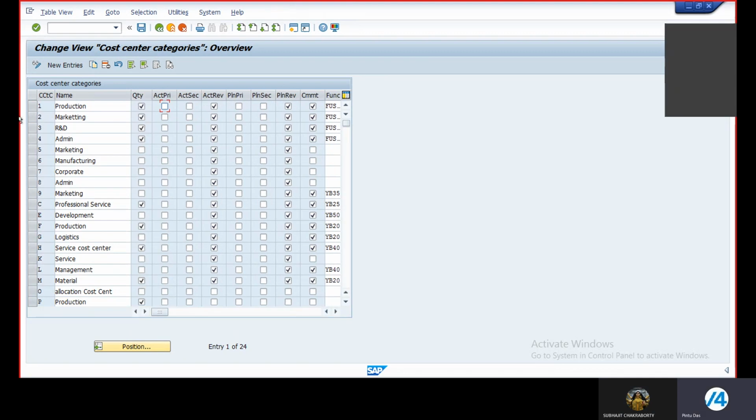So this is the category where you can control your postings: actual primary, actual secondary, actual revenue, plan primary, plan secondary, plan revenue, and commitment. What is the commitment? Here it is. If you go to /nOKKP,